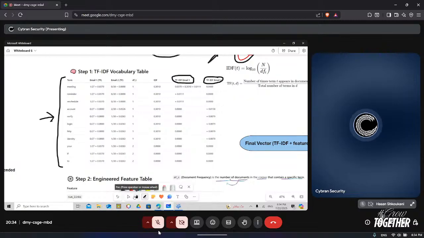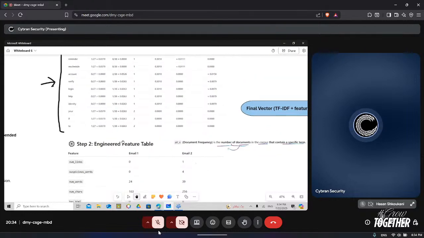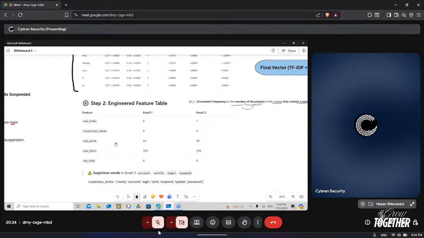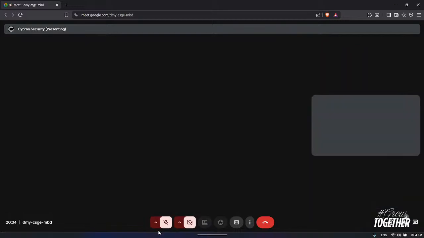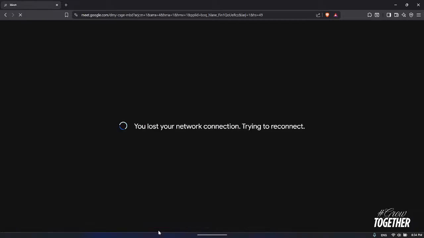However, if we want to add new features, we can just add them, as you can see here. In addition to all of the above vocabularies, we can add, for example, the number of